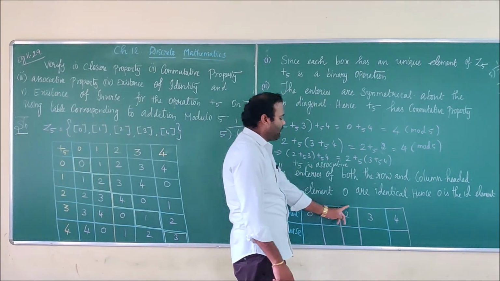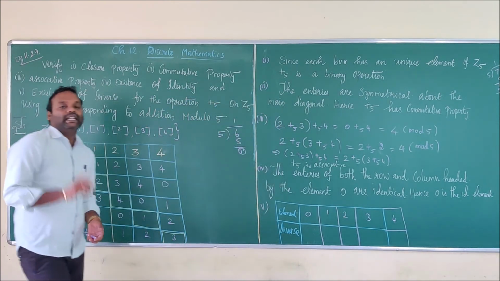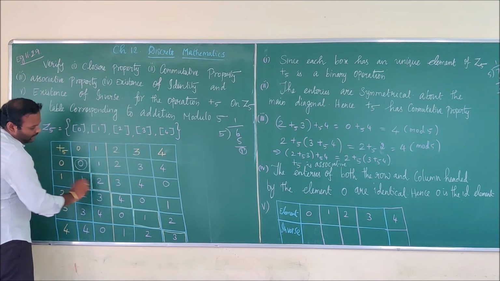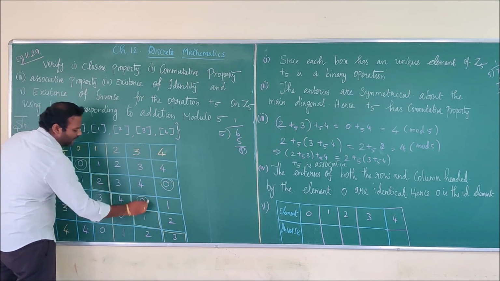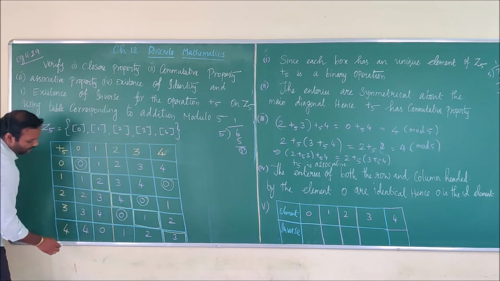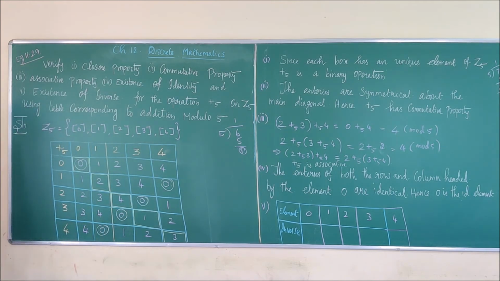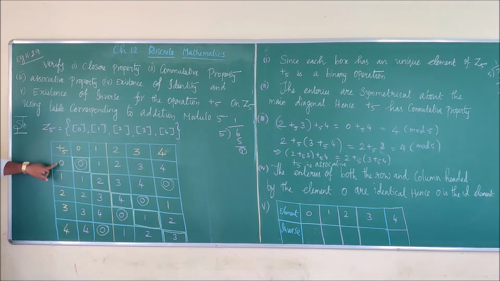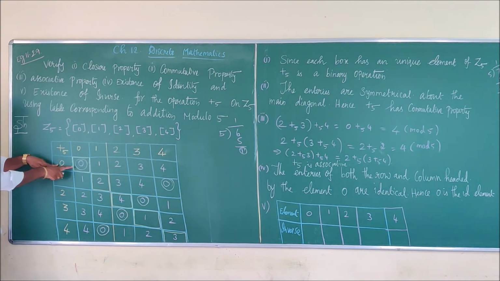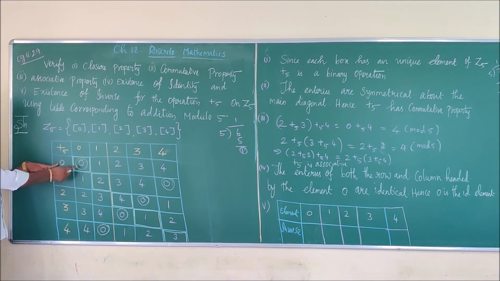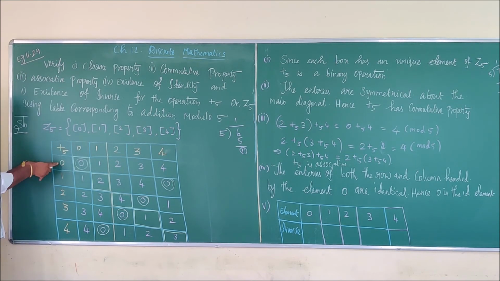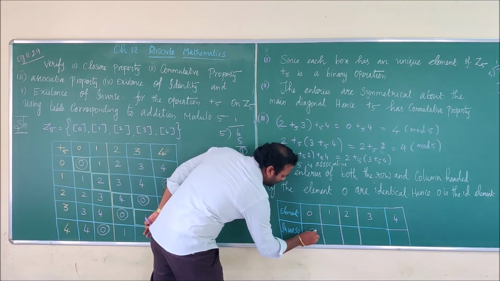Next I am going to write the element and the inverse. If you want to write the inverse, you just circle the identity elements. Here the identity element is 0, in each of these places. So you have to write the inverse for each and every element. For the inverse of 0, you just observe where you have circled the identity element. On the top is the inverse of that. So the inverse of 0 is 0.